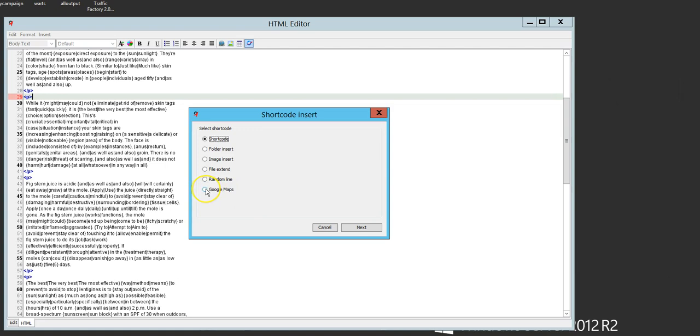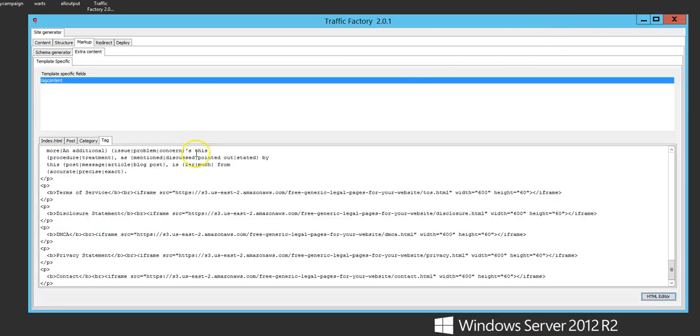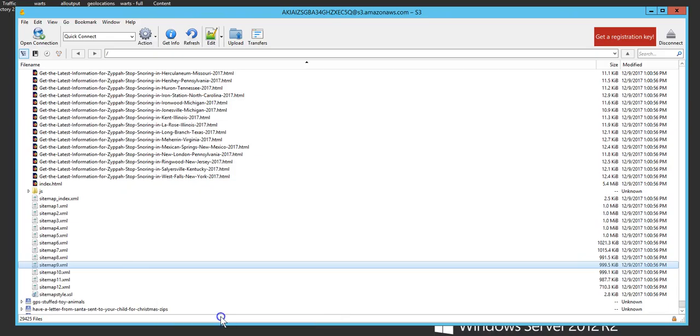Google Maps if you want to use the Maps API. Otherwise, we also show how to use Google Maps without using the APIs. And again, as with the editor, anytime you have it open, you just close it to return back to Traffic Factory. Now I'm going to switch real quick over to a different VPS where I've got a piece of